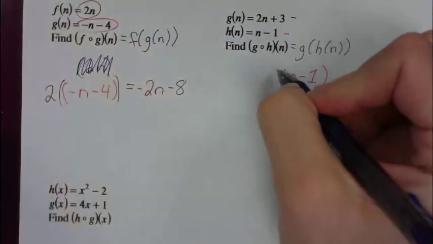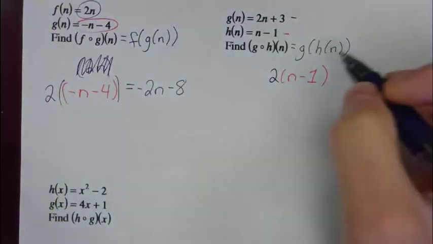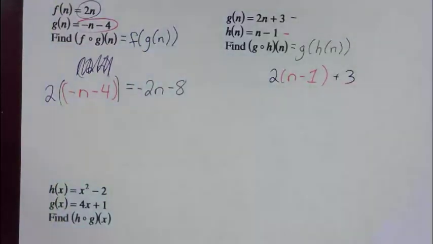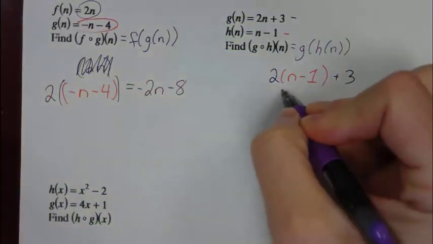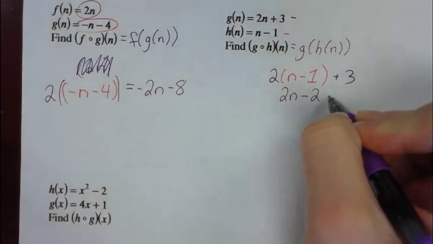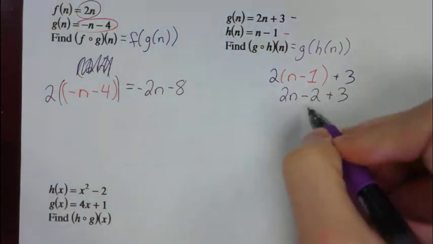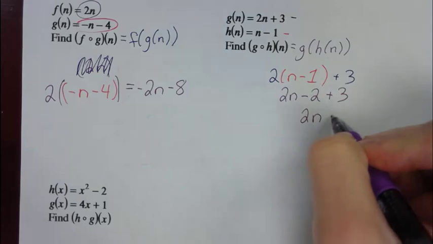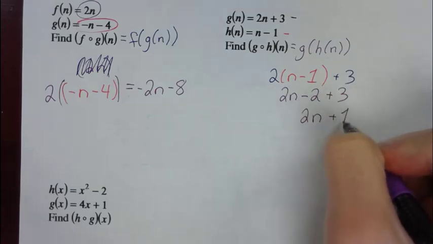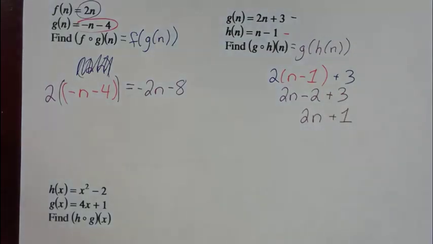And so our g on the outside, we have a 2, and then a plus 3 outside of it. And so if you multiply that all out, you would have 2n minus 2 plus 3, or as a final answer, 2n plus 1. And since this is all again linear, we know our domain is automatically all